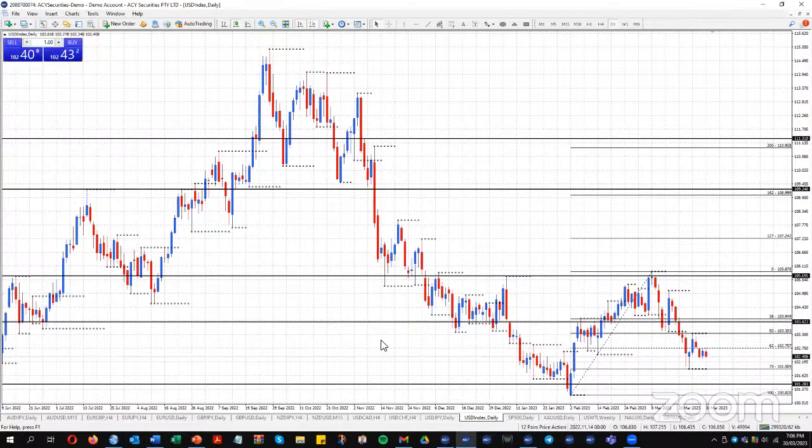It's gone all the way back up and broken the high yesterday. So it's very volatile at the moment. All right, the S&P 500,